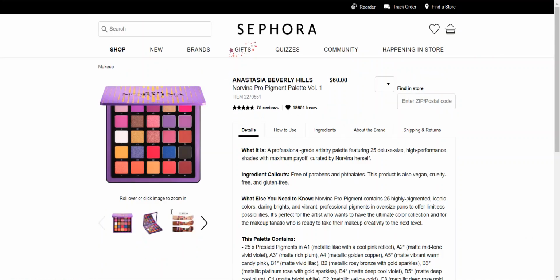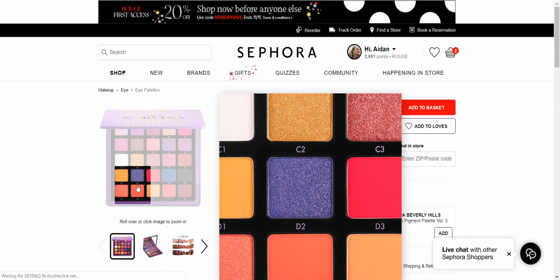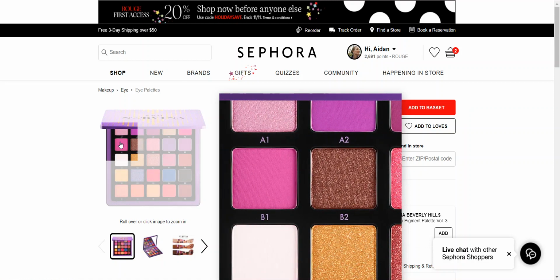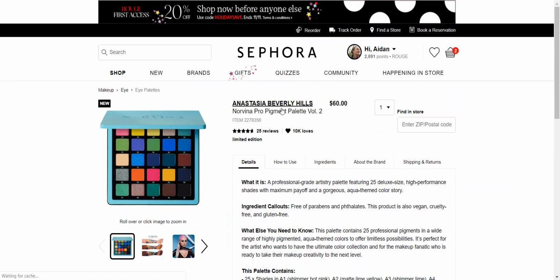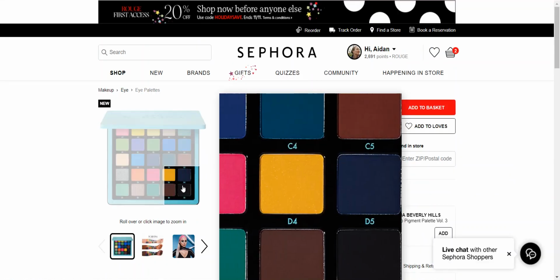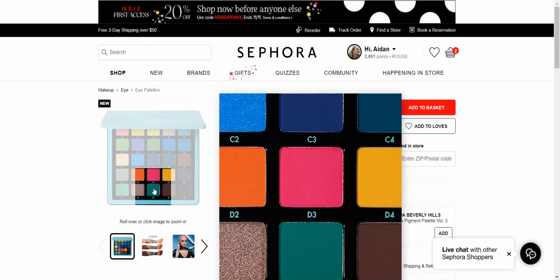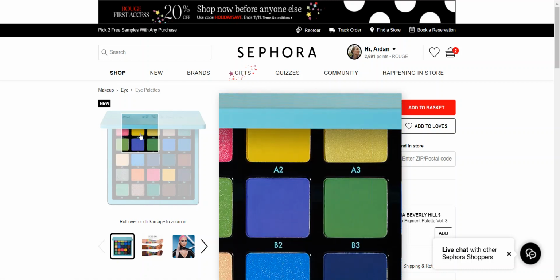If we look here, there's a lot of purples, which are beautiful, and there's some warm tones, but the mix of colors isn't as appealing to me as that 3rd volume. And this one, I just look at it, I'm like, oh my gosh, it's so dark and blue, and I don't wear that many dark blue shades. But I do like some of the greens, but